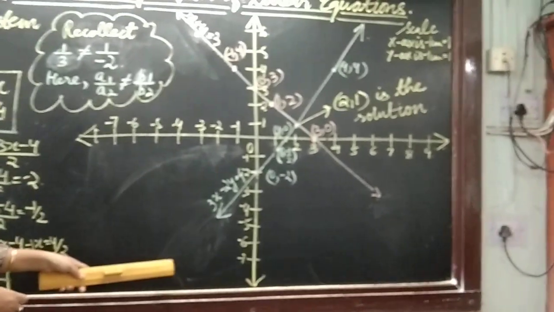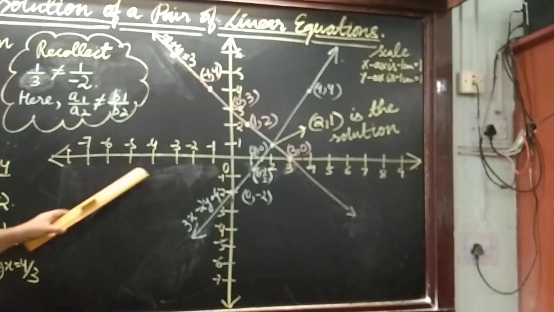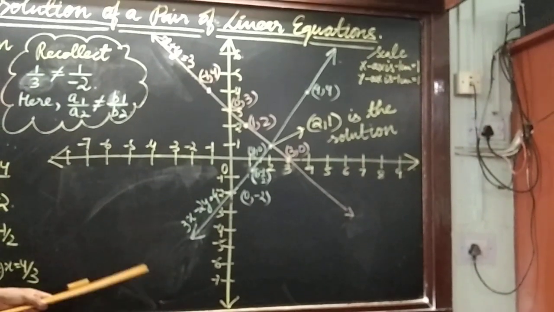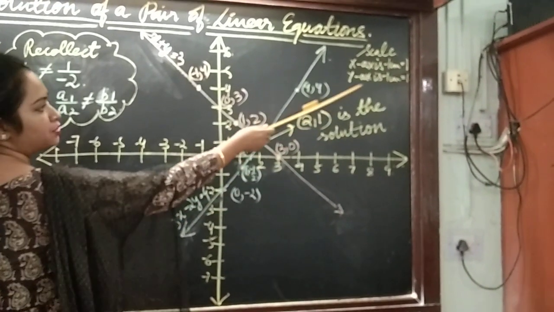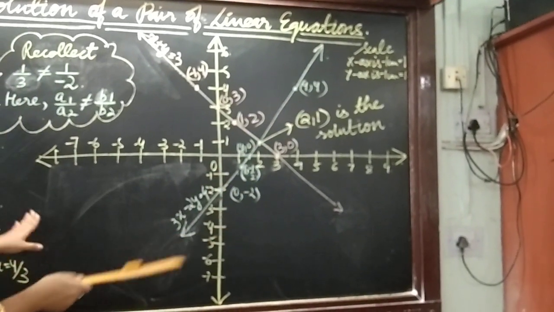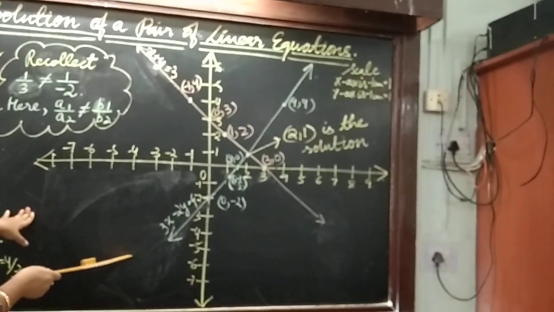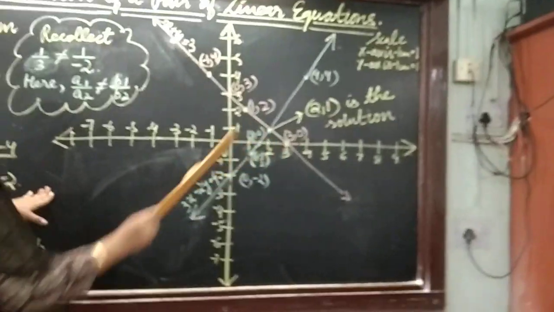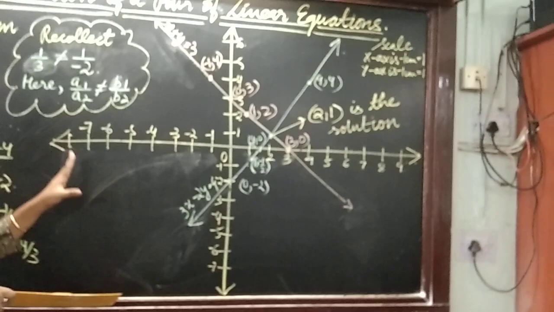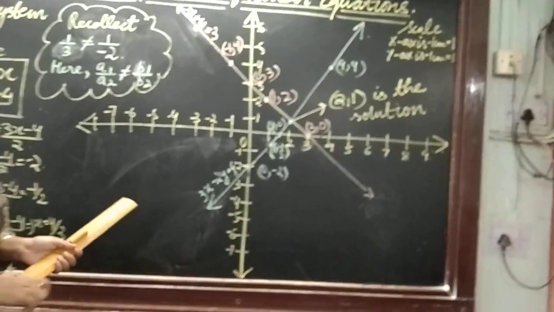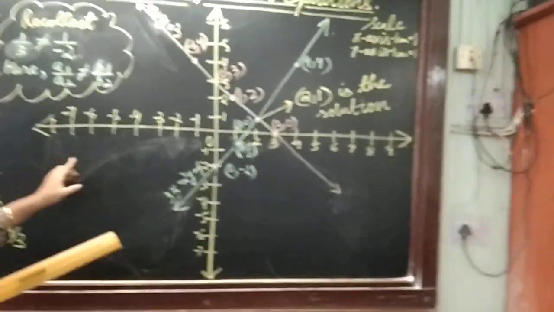In order to make a number line, you will be using a graph sheet. So your coordinates have to be equidistant. I have chosen a scale where 1 centimeter I have taken as 1 unit for the graph. So the scale is specified there. Also I plotted all the points. So when you plot a graph, just be very careful about one thing, children. We need to be careful that one by one we plot a graph.